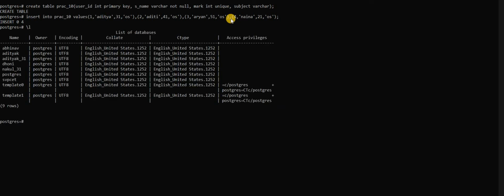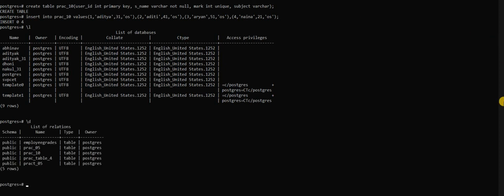You can see these are the list of databases, and for seeing the list of relations simply press backslash and D, and you can see these are the relations we have till now.